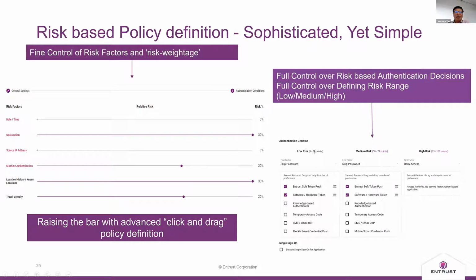Then you can categorize into different types of risk, low risk, medium risk, and high risk, based on the risk score, and decide what your IAM solution should do, whether it should allow the access straight away, or push an authentication message to the mobile. So you have this flexibility for the administrator to control the risk and the authentication method for each level of risk.